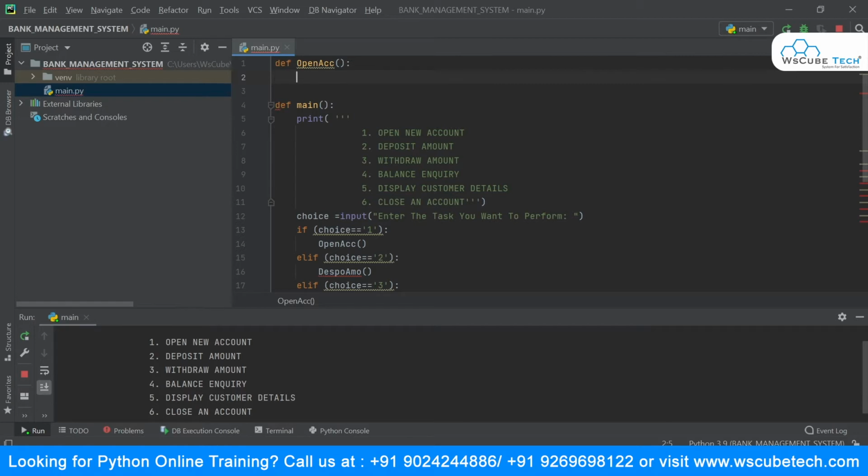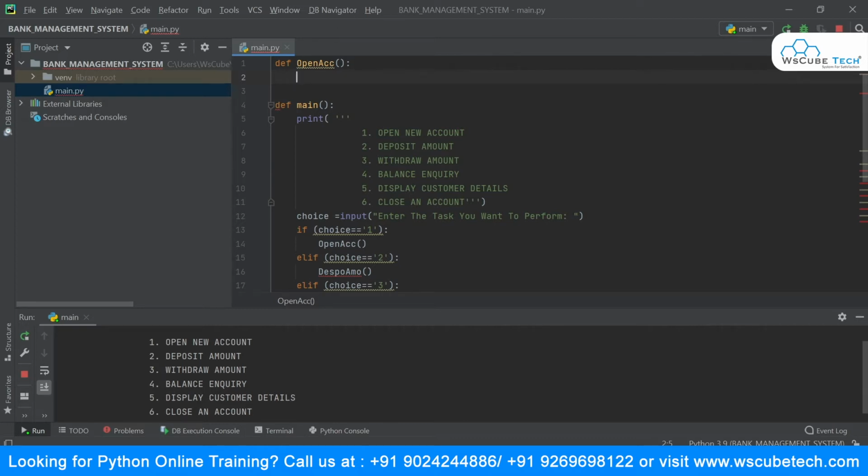In order to open the account, I have to ask for some details that we have entered in our database. We'll ask for the name, then the address, then the phone number.